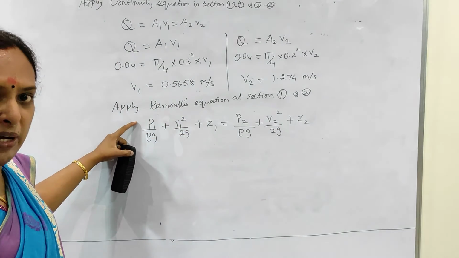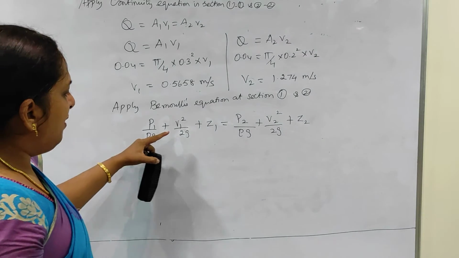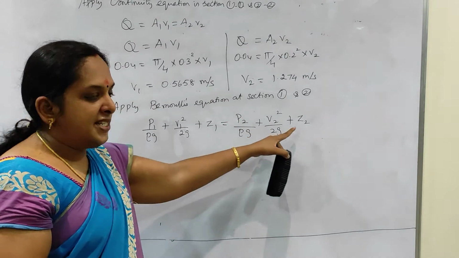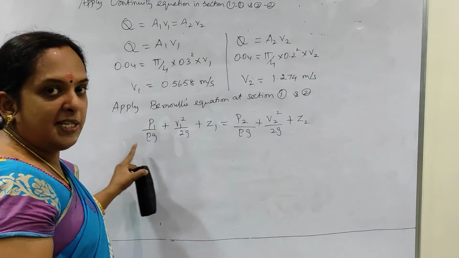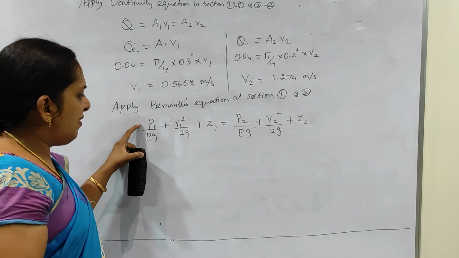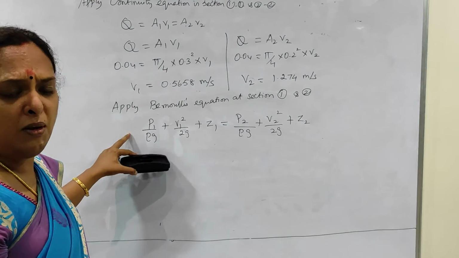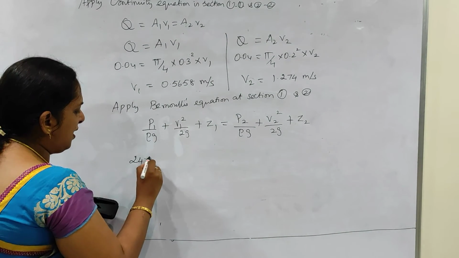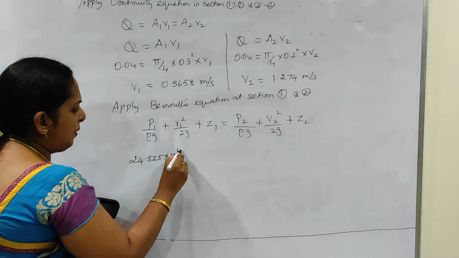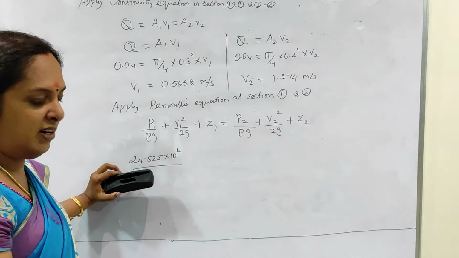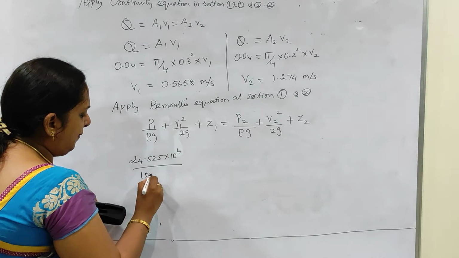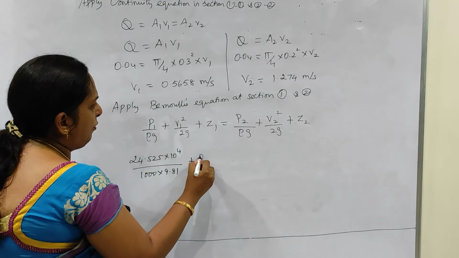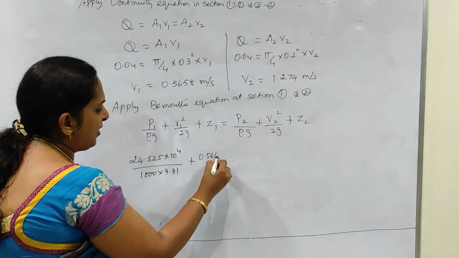Okay. So P1 is given in the problem, rho g we know. V1 we have just found out. Z1 and Z2 are not known. Other things are known, we can just substitute. The P1 value is already given in the problem. What we have got is 24.525 into 10 to the power of 4. It's very simple. Rho is 1000, g is 9.81, plus V1 square, just now we have found V1, 0.5658,